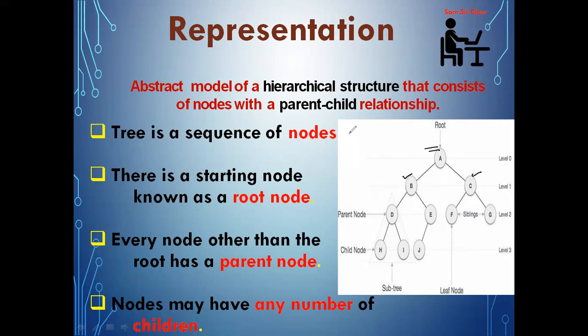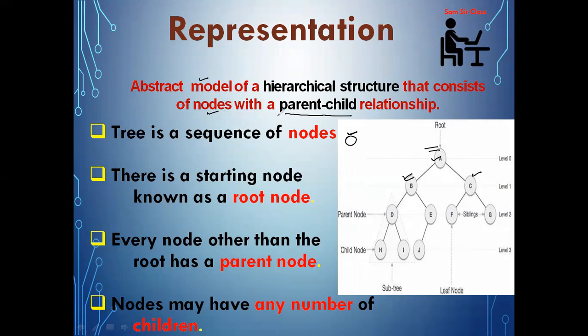Similarly, the non-linear data structure says that if you are at a particular data item, and the next data item you will access is not fixed, then you are following a non-linear data structure. So a tree is nothing but an abstract model of a hierarchical structure. You can see from the diagram that there are multiple hierarchies. Here each value is known as a node, and every pair of nodes follows the parent-child relationship. It means A is the parent of B, and B is the parent of D and E.